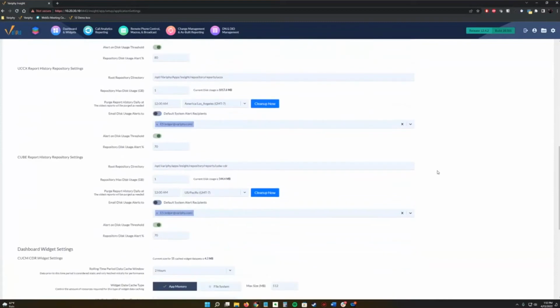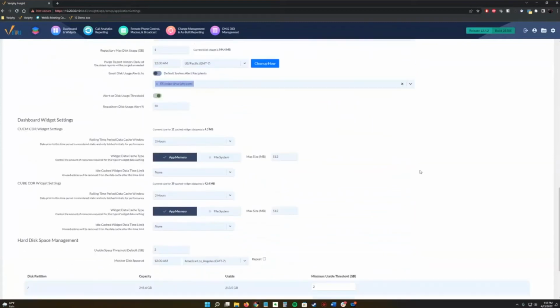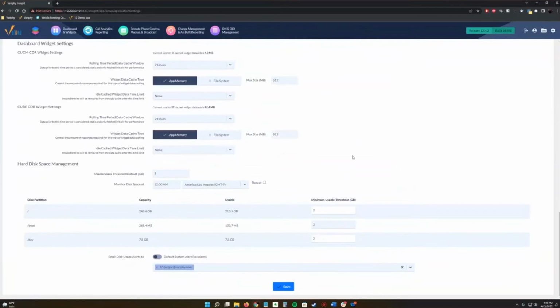All right. I think one of the most important ones, though, is going to be down here. If we scroll all the way down to the bottom, we're going to have some hard disk management space. And I see this weekly where we don't have it turned on, and you're not getting emails, an email alert, on how much usage we're using on a disk partition.